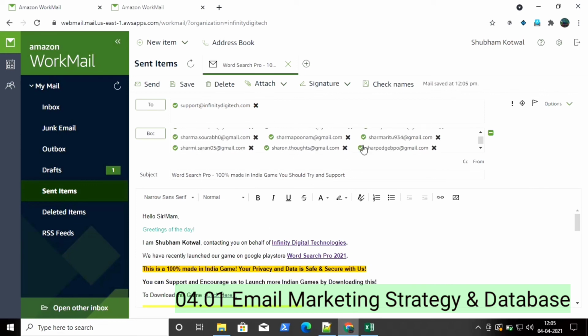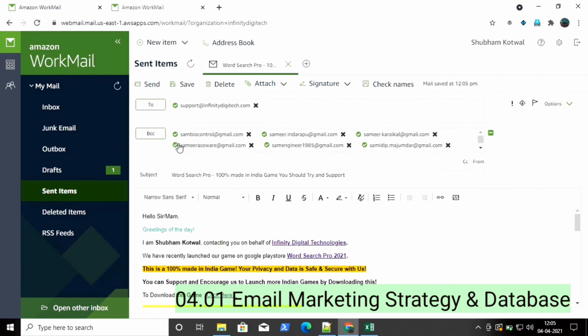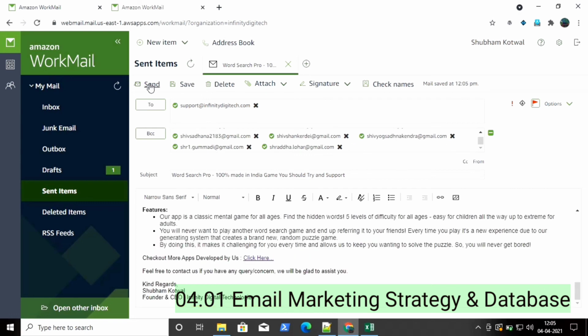Okay, so this is how you can send mail. Now you can see every email has a green tick, which means there is no wrong email. If there was any wrong email, it would show a red tick. So everything is correct. Now set a priority. Click on this exclamation mark as well as the flag, so it will send your message as important to your customer. So just tick this. Thereafter click on the send button to send the email to your mailing list.